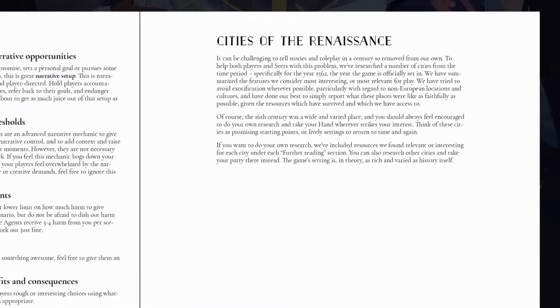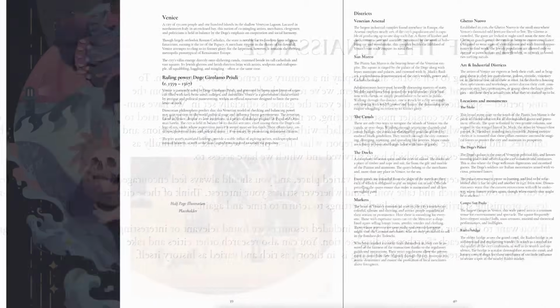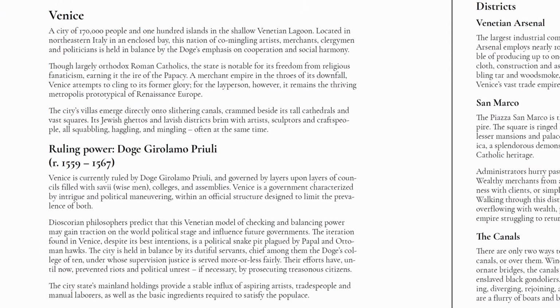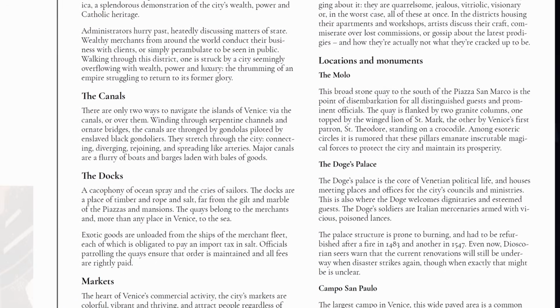The setting of this game is supposed to be 1562 or thereabouts, but anywhere in the world. The authors just offer one location in the playtest version, however, and that is Venice. They try to describe the city in objective terms, avoiding what they call exotification. This is a pretty nice overview of the city, broken down into brief descriptions of districts, groups, and other aspects